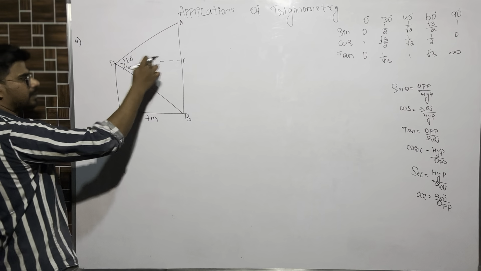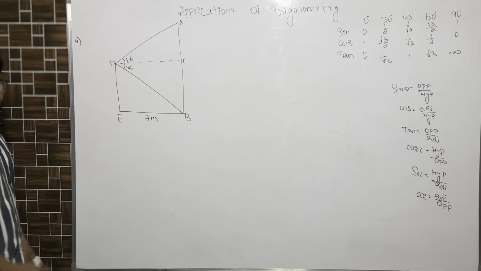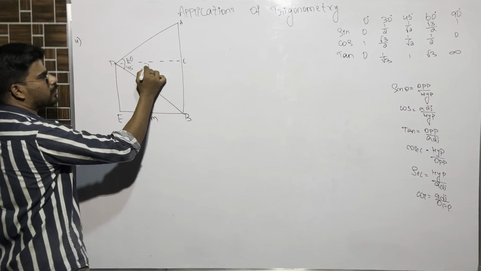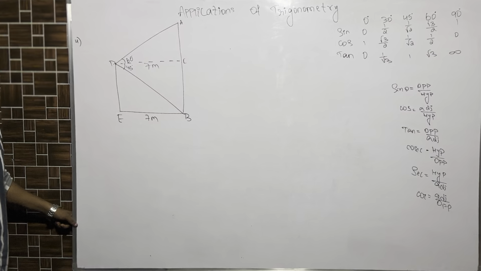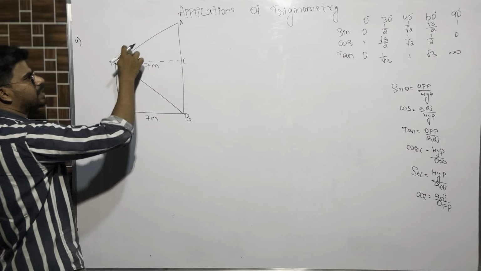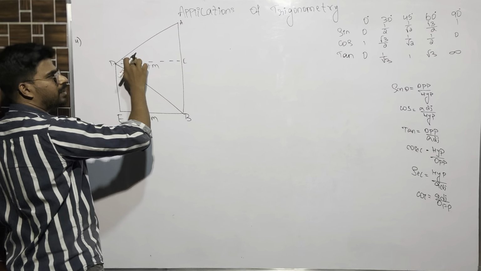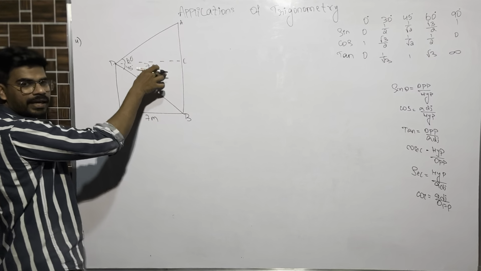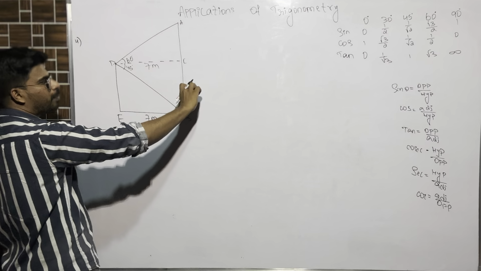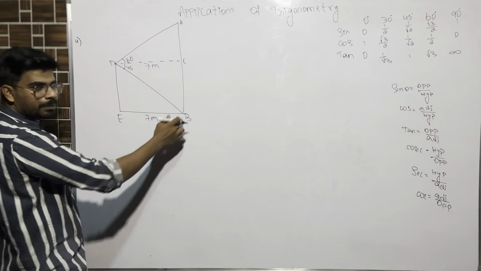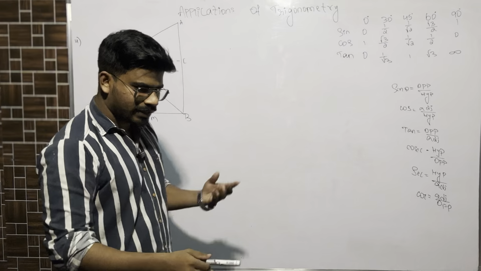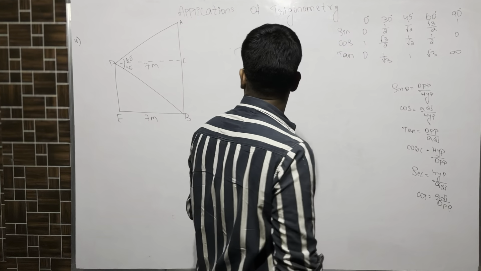Right. Now look at this. Is it looking like a rectangle? Rectangle or square, whatever it is. So here we have 7, which means here also we'll have 7 meters, parallel lines. Why did I take 7? Because in the above triangle ACD, with respect to this angle, opposite by adjacent, we can find AC. With respect to this angle 45, this is opposite and adjacent, we can find BC. We add AC and BC to get the height of the tower. Let us try to understand this in a practical way.